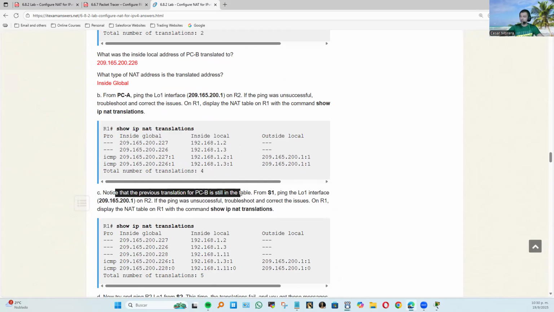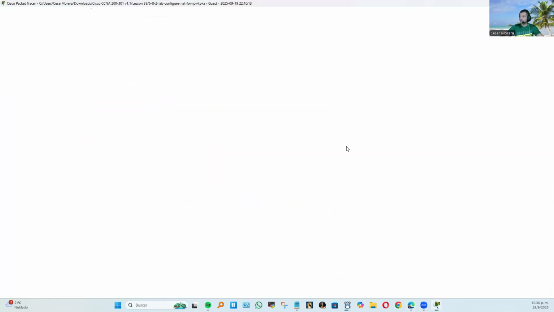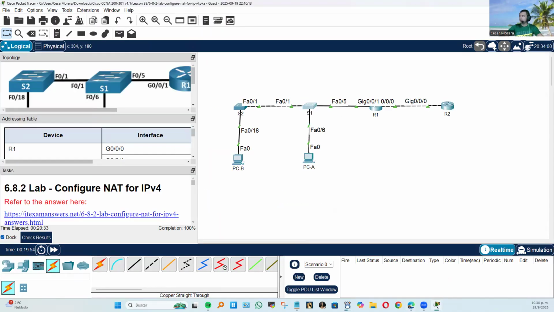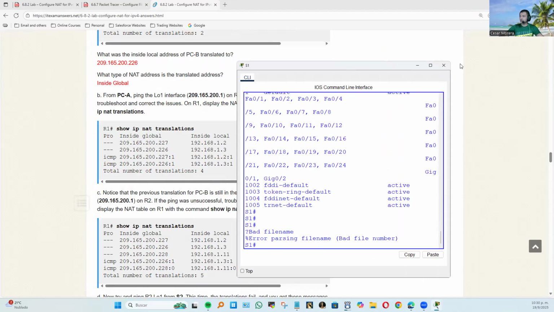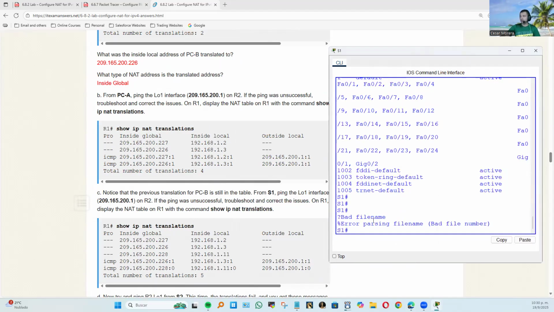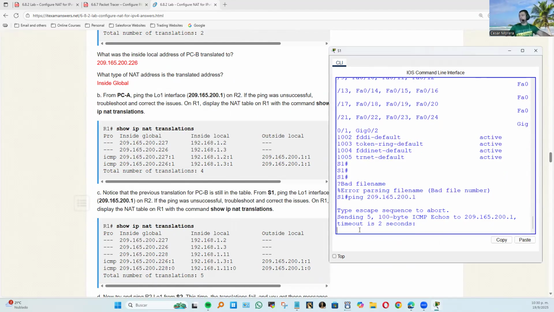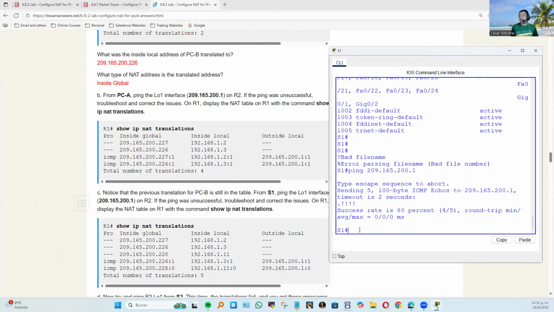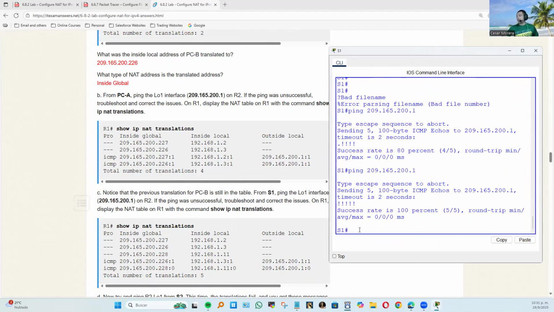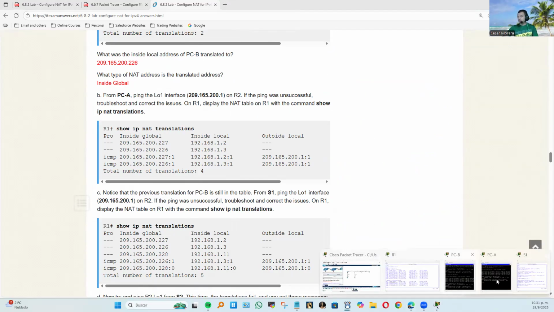Notice that in the previous table, PCB is still there. So from S1, it means we have to go to switch 1 and do the following test. We have to ping the loopback. Let's do a ping test here: 209.165.200.1. Let's wait for a moment and hopefully it will work the second time. 100%. Let's do a show IP NAT translation one more time